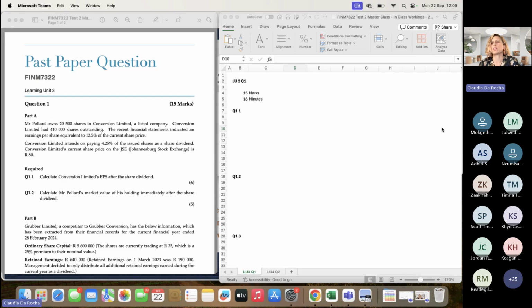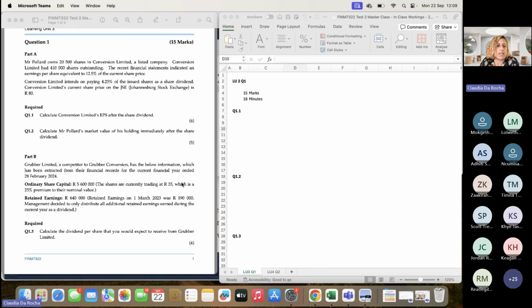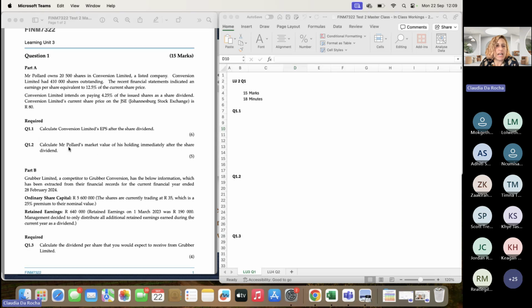Yeah, good. All right, so the first question we have is 15 marks made up of two parts, part A and part B. First part, it says calculate Conversion Limited's EPS after the share dividend. Okay, when they say share dividends, they are talking about scrip dividends. So you are issuing shares instead of paying cash dividends. What does that mean? It means that our ordinary shares issued is going to change. So whatever shares we have in issue, it's going to go up because we're now issuing more shares instead of